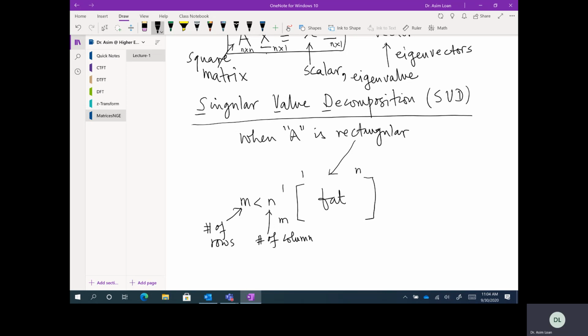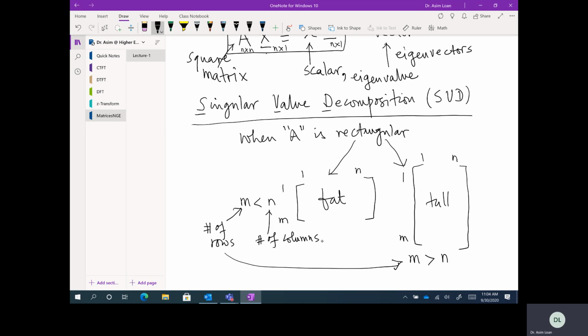And the other case is a tall matrix. So 1 to m, 1 to n. Here m is greater than n, and obviously the number of rows is still m. The number of columns is always n. So now the number of rows is more than the number of columns, and we'll see later on